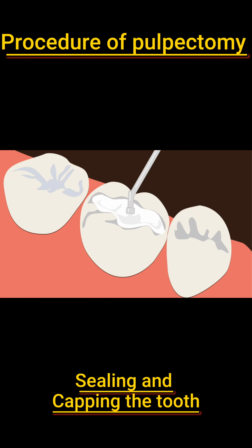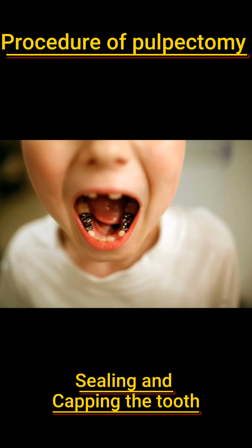Step number 4, sealing or capping the tooth. The dentist is then going to seal the tooth properly with a good filling material, and on top of it is going to place a cap on the tooth to keep it strong until it's time for the adult tooth to come in. Let me share with you some of my patients' x-rays who have undergone this treatment for better